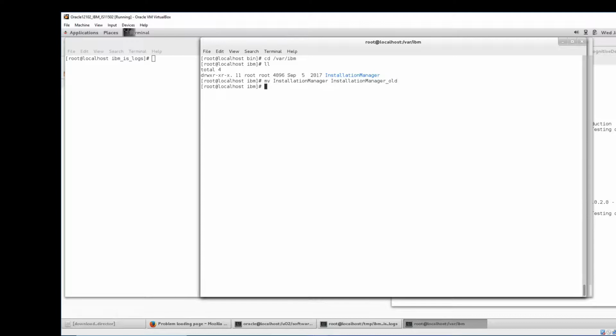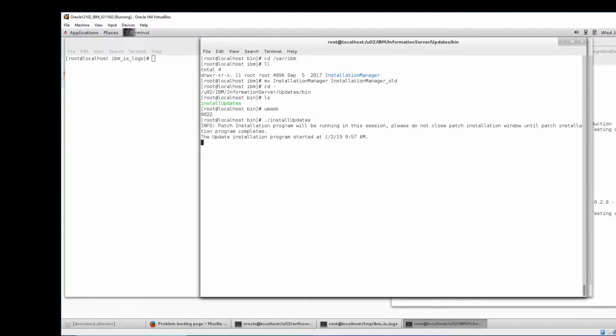So now that's done. The other thing we're going to do is, we're now in the u02 IBM Information Server Updates bin folder, where we can run the installer from. We're going to make sure our umask is set to 022, which it is in this case. So we can go ahead and start the installer now. To start the installer, we simply run install updates without any flags,